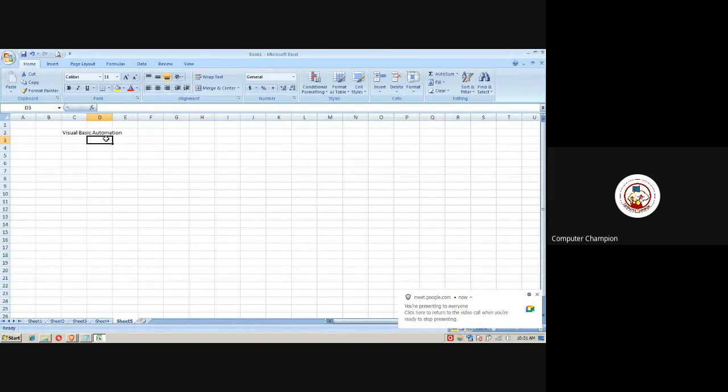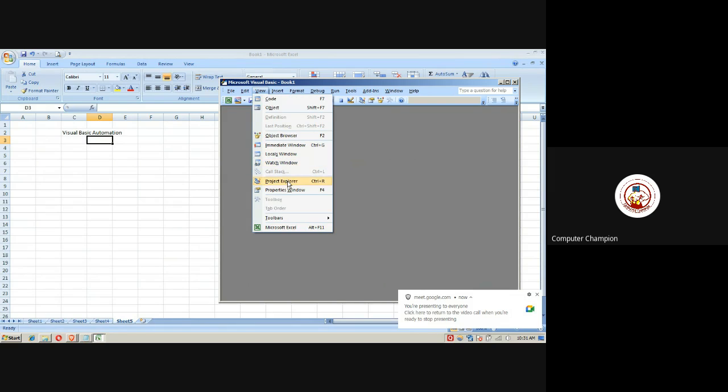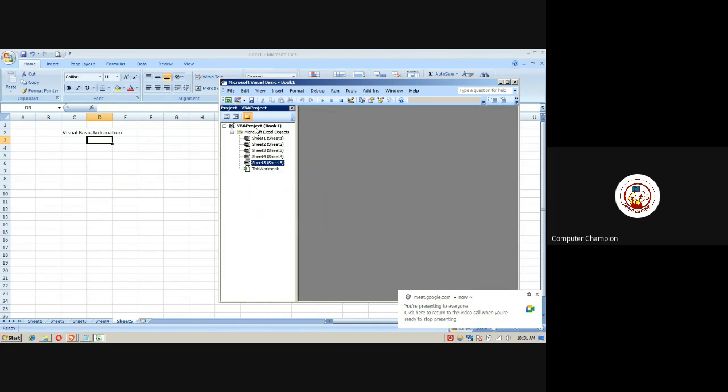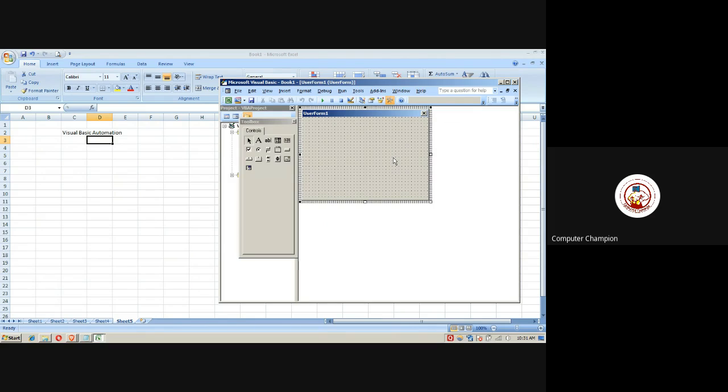So I'll just show you the VBA screen. You just press Alt F11 in Excel. You will get one blank screen here. Just go to Project Explorer. Right click, insert module. We have three things here. One is user form, one is module, and one is class module. A user form is basically a graphical user interface for the user. We can put text boxes, shapes, labels, and everything on the user form.